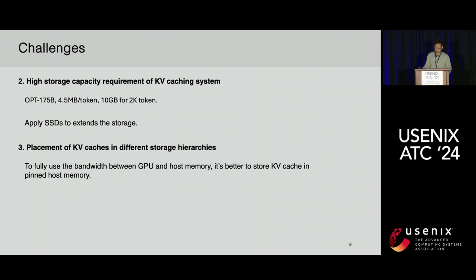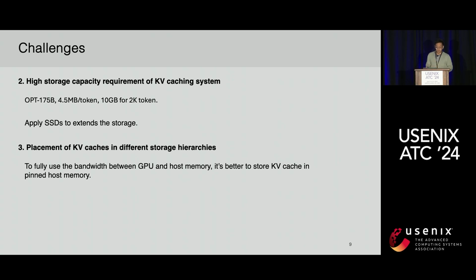For example, for the OPT 175B model, each token can occupy 4.5 megabytes, and for 2,000 tokens, it can occupy 10 gigabytes of storage. And for example, for 100 gigabytes of memory, it can only store 10 KV cache items for the OPT